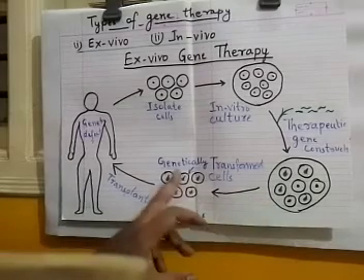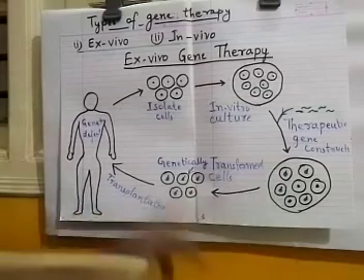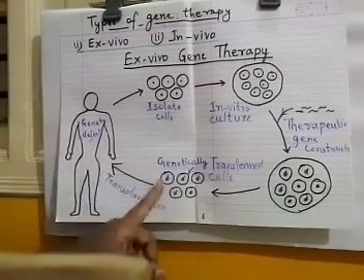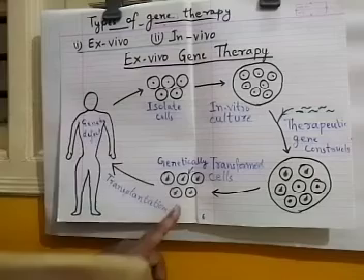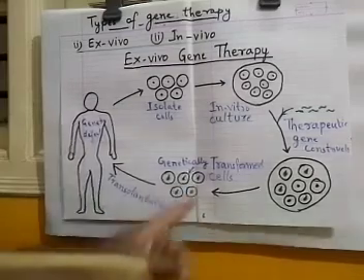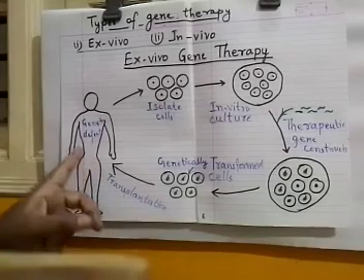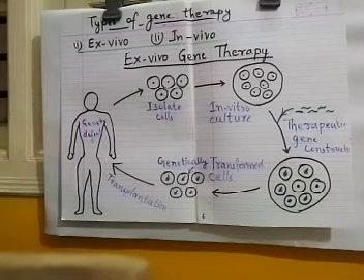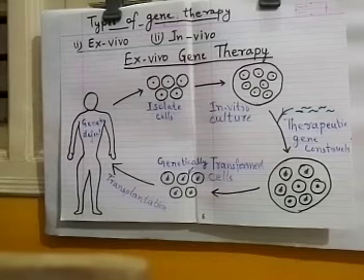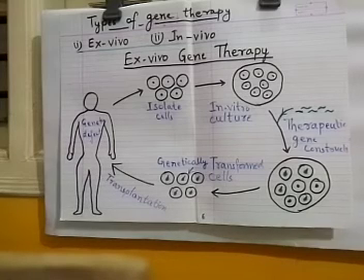Then the genetically transformed cells are selected from this culture plate, and then we get those cells which are genetically transformed. Once we get these cells which are supposed to contain the therapeutic gene constructs, then the cells are transplanted back to the same place from where the original cells were isolated. So in this way, the ex vivo gene therapy is applied for a particular genetic defect.